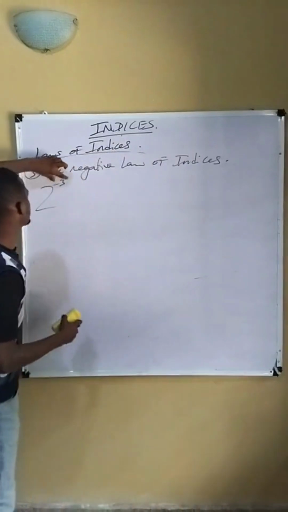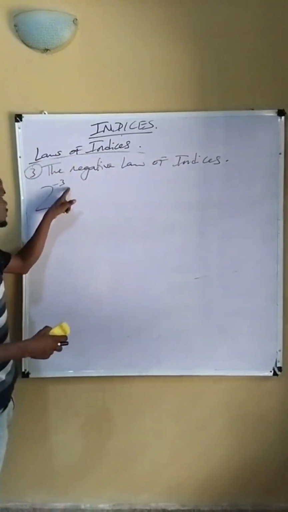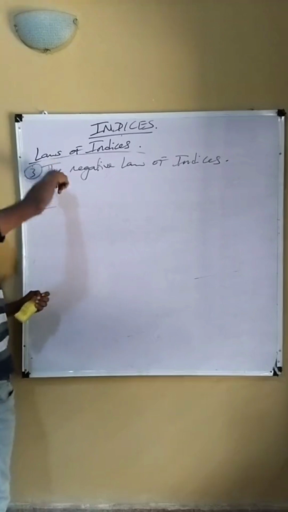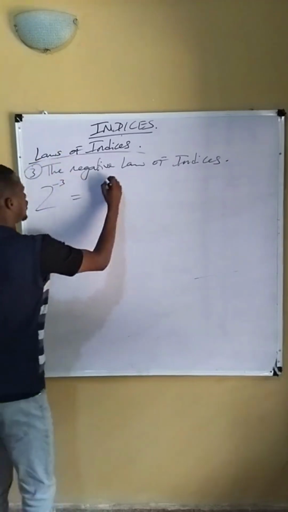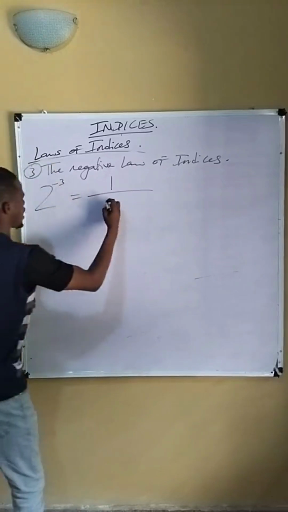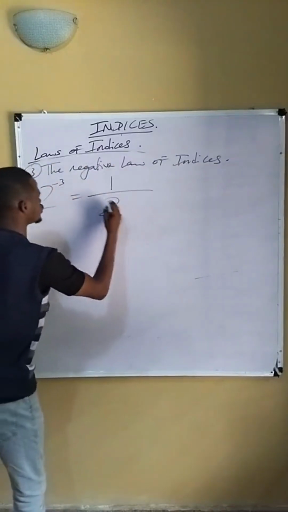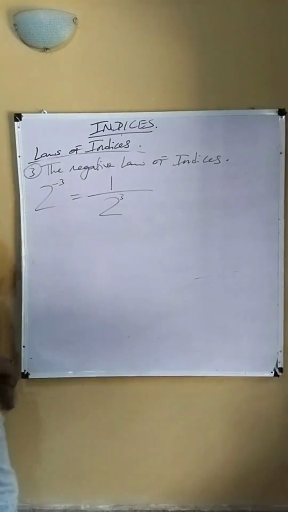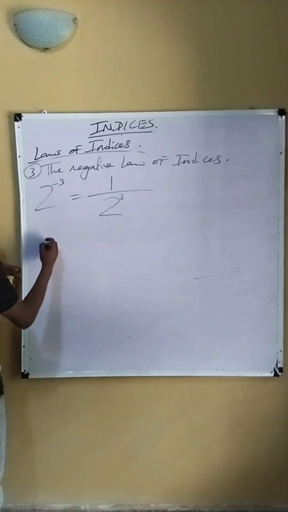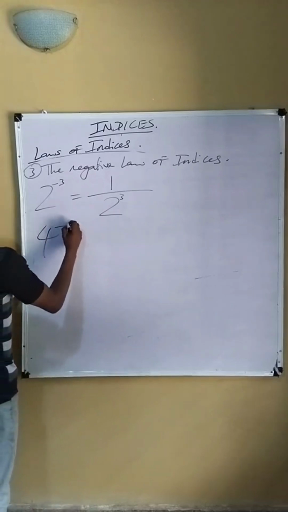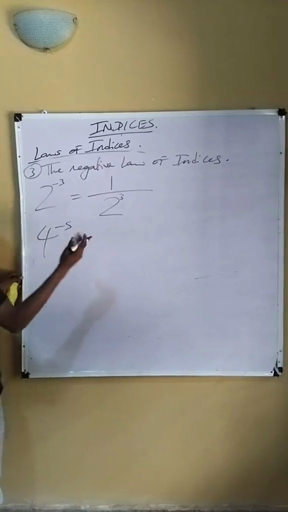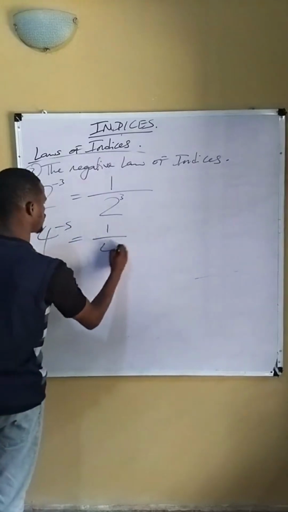You can say that the index is negative, which is minus 3. It is this minus that makes it negative. Immediately you introduce 1 all over, the negative sign will be eliminated. You are going to have 1 all over 2 raised to the power of 3. No need to put the negative sign. That's what the negative law of indices says. Whereby if you have something like this, 4 raised to the power of minus 5, if immediately you introduce 1 all over, what will happen to the negative sign? Eliminated. So now it becomes 1 all over 4 raised to the power of